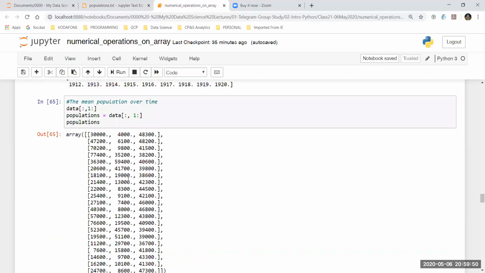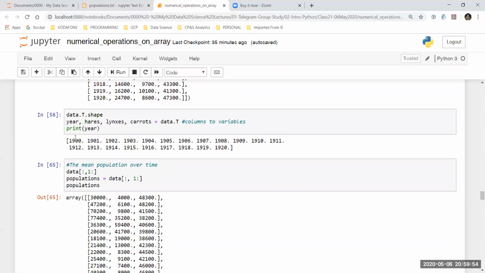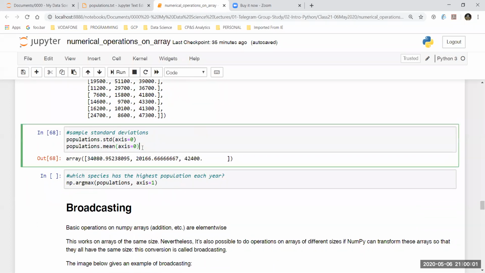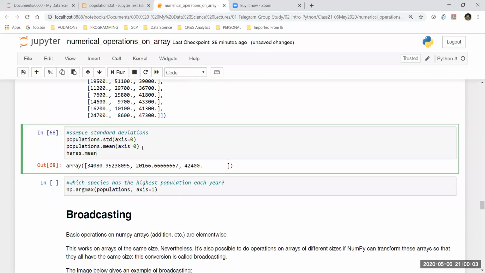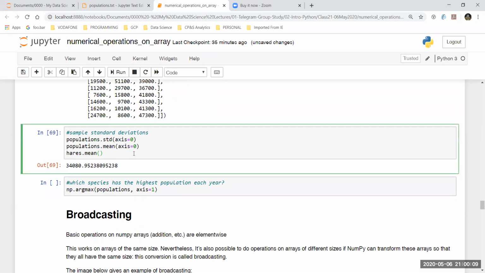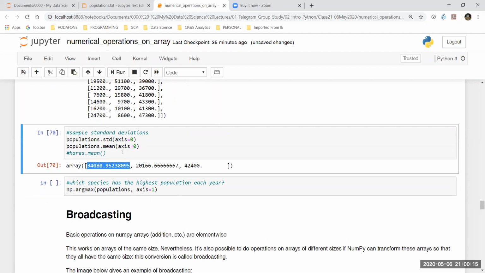If you have multi-dimensional sets that you have not already broken into different parts, for example this is the column here, I can simply take the mean, and it gives a number, which is 34080. If I run this, I can clearly see that the first output is also the same.